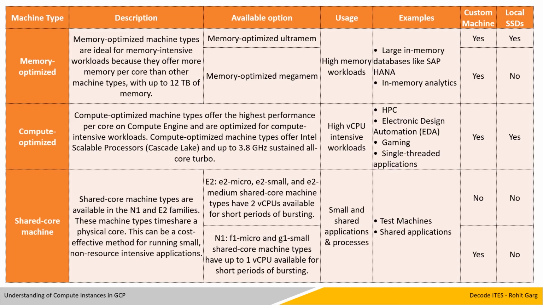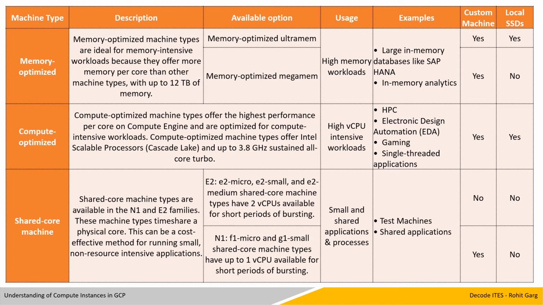Last one is shared core machine. Shared core machine types are available in N1 and E2 families. These machine types timeshare a physical core. This can be a cost-effective method for running small, non-resource intensive applications. There are two types of machines available under shared core: E2 and N1. E2 has E2 micro, E2 small and E2 medium shared core machines